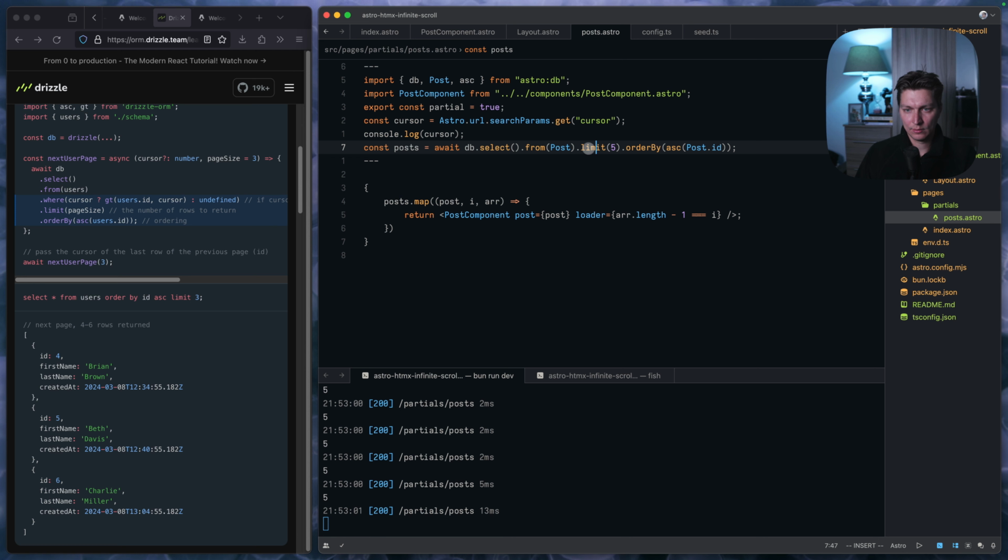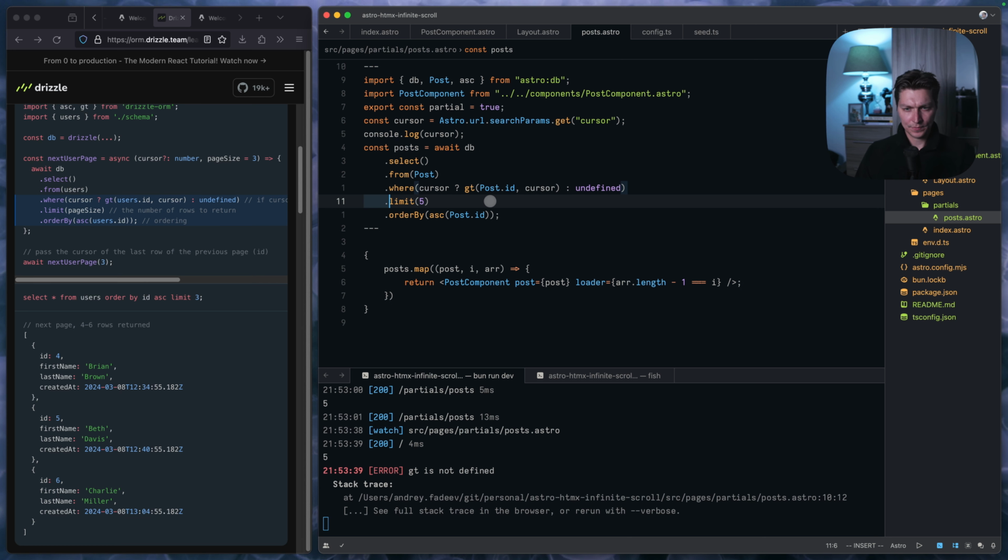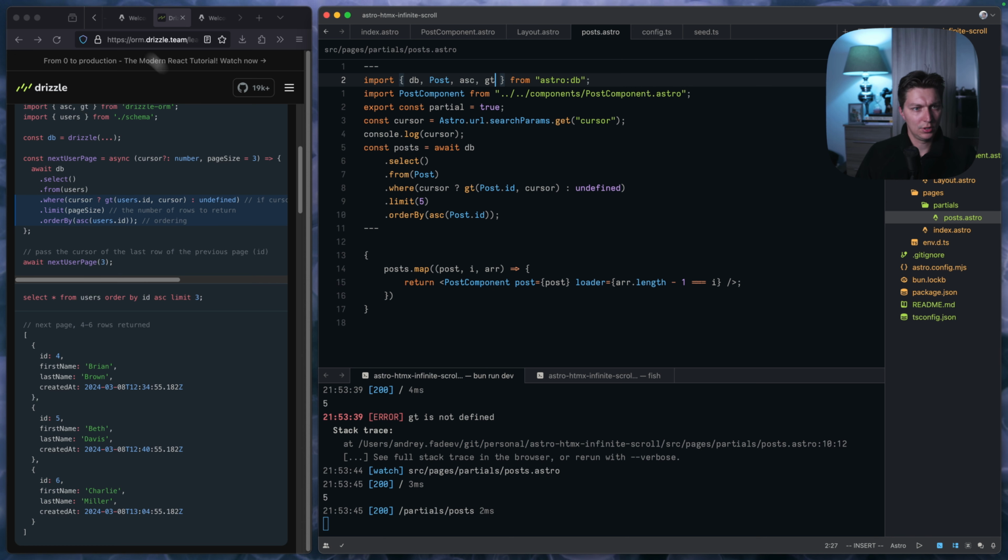And here, if we do where cursor greater than, post ID, cursor, or undefined, like this. And this comes from Drizzle, gt. Reload,